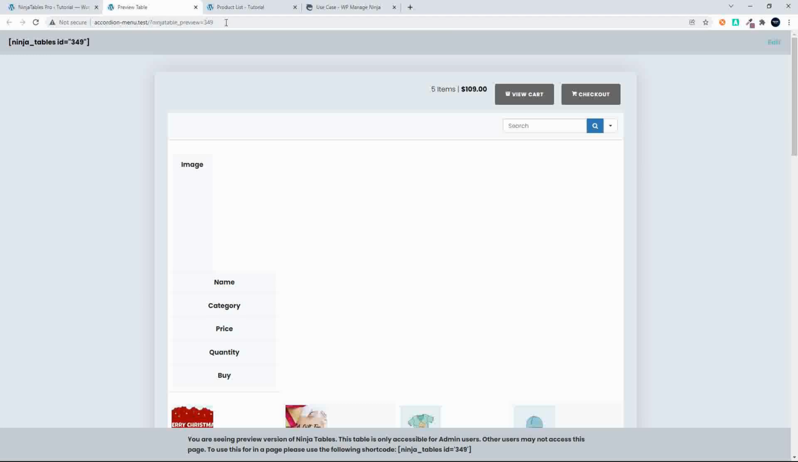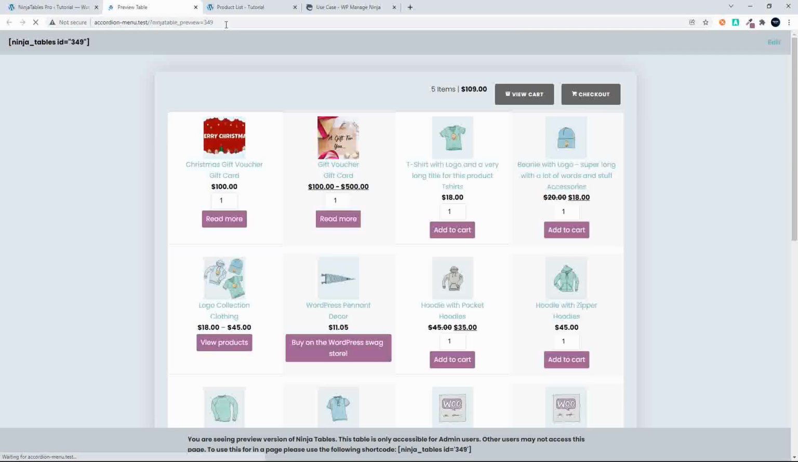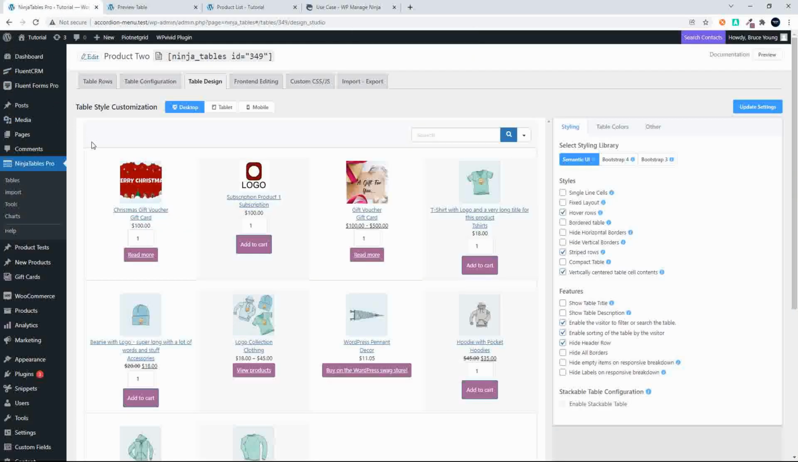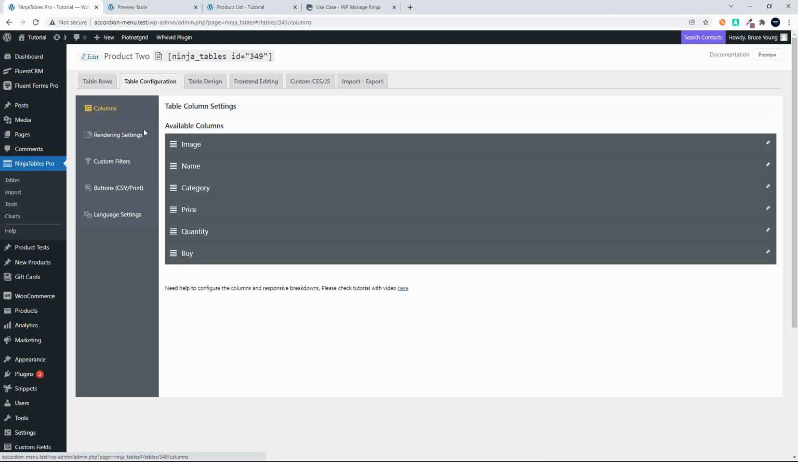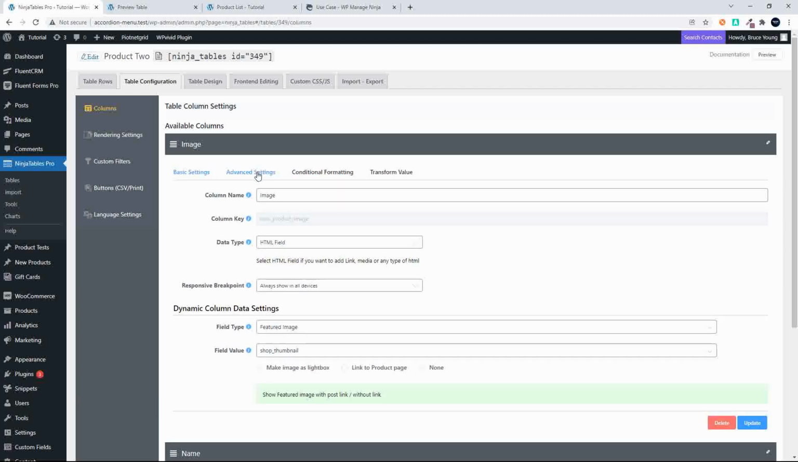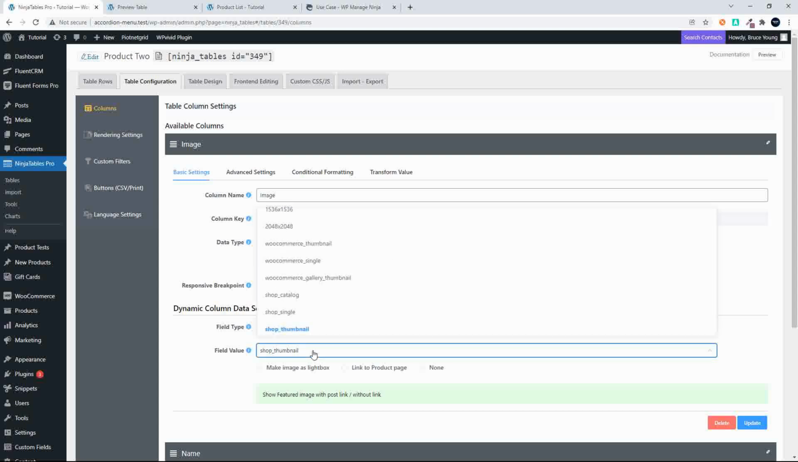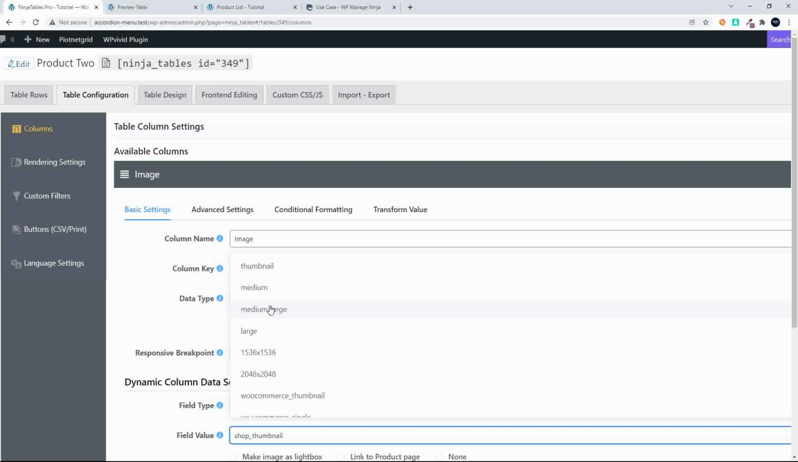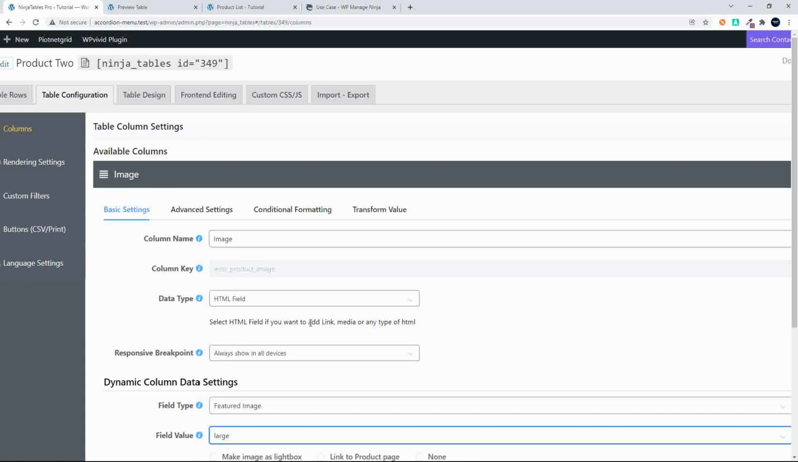you'll see that the headers here will be gone, but you'll also see that we still have the small picture, and to change the image is really just changing that image. So let's go in and change that image. So I'm going to head over here to the table configuration. I'm going to head over to the image, and under advanced setting, basic settings, I'm going to change it from shop thumbnail, and here we're just going to go to large. So I'm going to change that to large